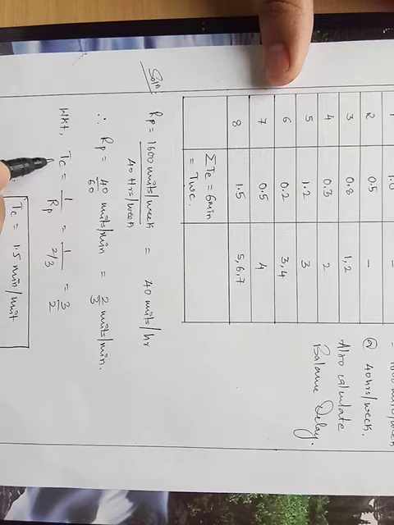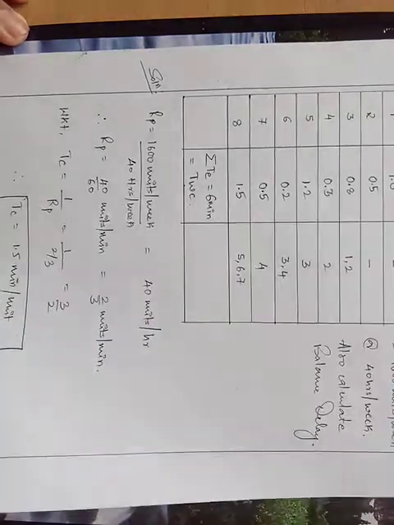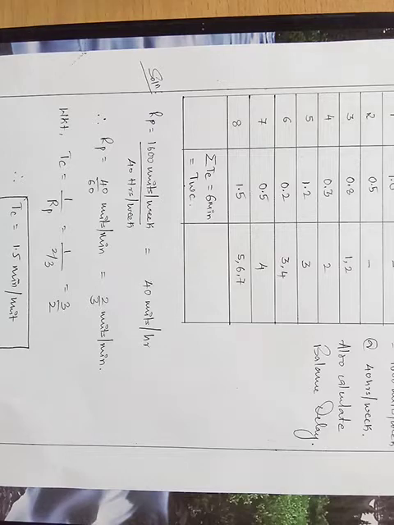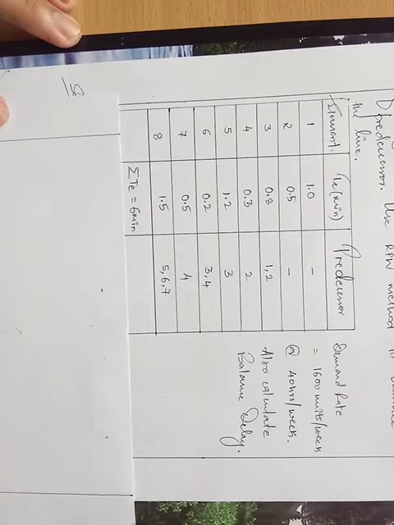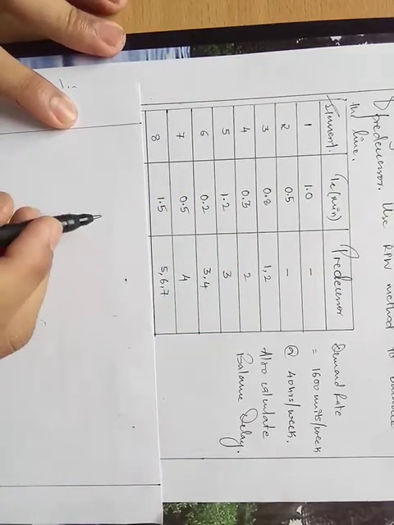Now cycle time is the reciprocal of production rate, so 1 divided by 2/3 comes out to be 3/2. So the cycle time is 1.5 minutes for every unit. Right, so this is the calculation of cycle time. It is a prerequisite which we need to do before we can start with the problem. Next we will be drawing the precedence diagram. According to the data he has given, let me construct the precedence diagram.